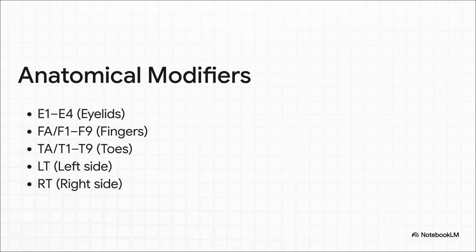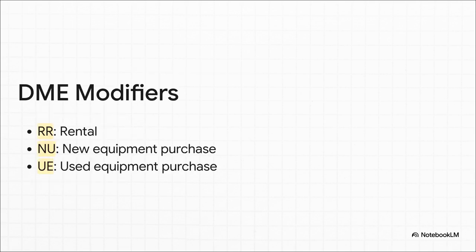If an exam question mentions, say, a custom orthotic for the left ankle, and you forget that LT modifier, you just lost a totally avoidable scoring point. Moving right along, let's talk durable medical equipment, or DME modifiers. The source material really stresses that DME claims get denied all the time simply because they're missing these tiny two-letter